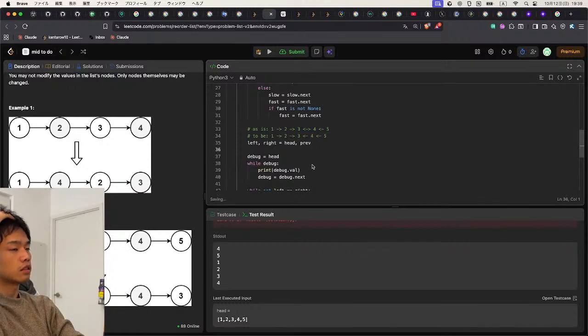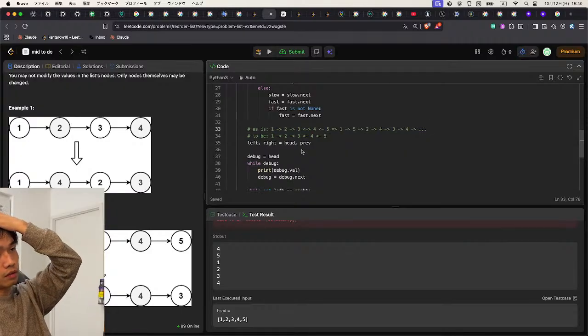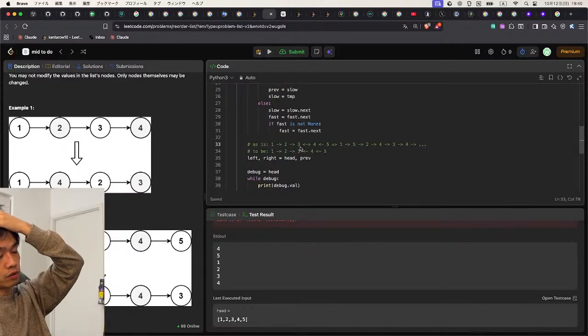Okay, that's why there are 1 5 2 4 3 4. Yeah, infinite linked list. That's why. So we have to identify the